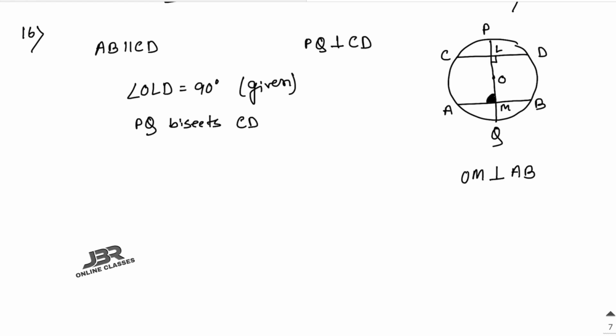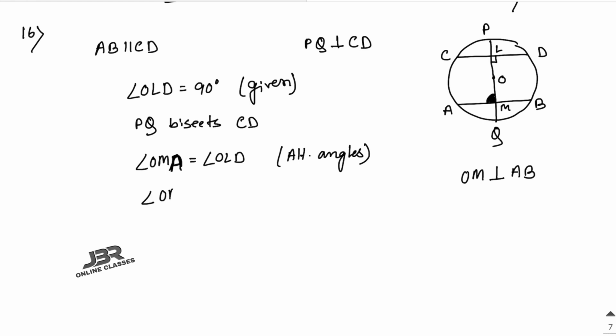And as here AB and CD both are parallel, then definitely the next angle, angle OMD, is equal to angle OLD, because they are alternate angles. As AB parallel CD, then definitely these two angles are equal, because here PQ bisects both of them. So here PQ is the transversal. So OMD is equal, sorry, not D, it's OMA. Very sorry. So here OMA is equal to OLD as alternate angles.